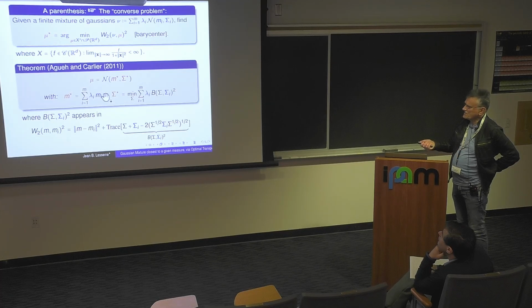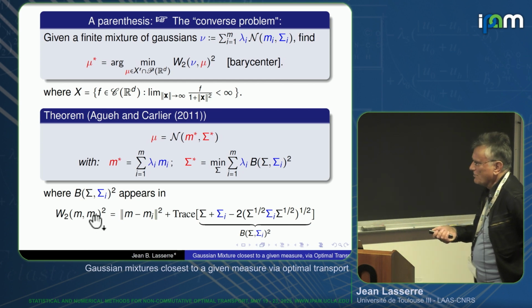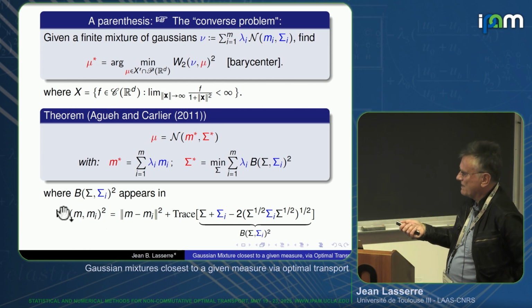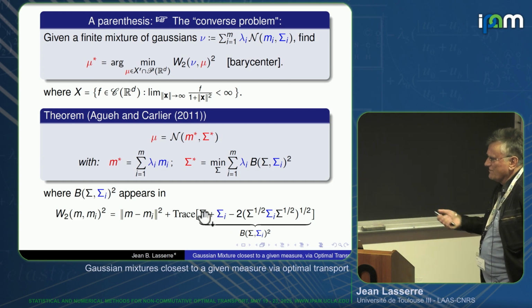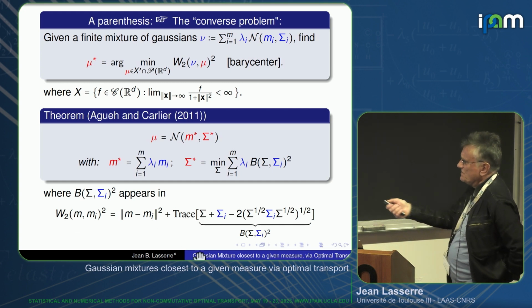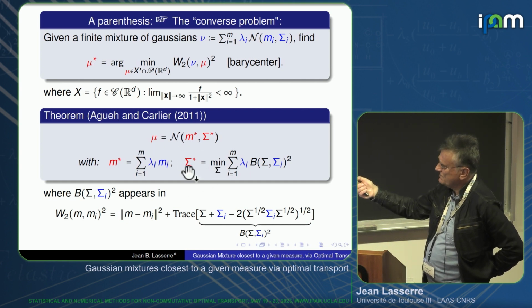And the sigma star is just this expression, which appears in the Wasserstein distance between two Gaussian measures. This is a classical result, right? If you look at an optimal transport between Gaussian measures with means m and mi, and look at the Wasserstein distance, then the optimal transport is given by this. So in this characterization of the barycenter, the paper by Agé and Carlier gave an explicit solution